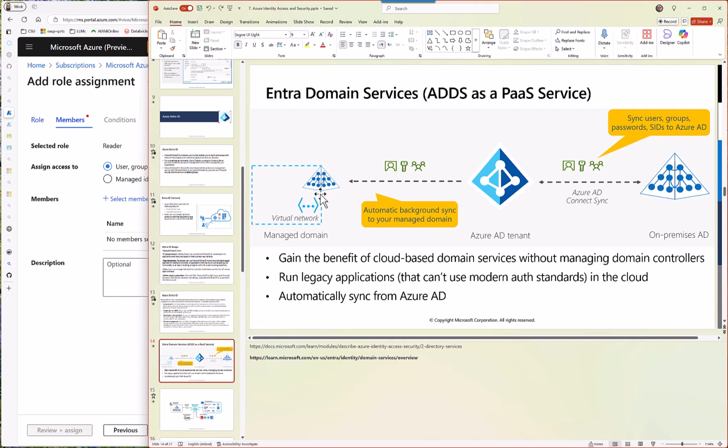So in lift and shift migrations, we create this thing so we can use those applications which cannot work with Entra ID. That's all there is, okay? This is ADDS as a service. And the idea is, how you get the information, which is users, groups and passwords, is you first synchronize through AD Connect, and this one is internally bound. When you create this one, it asks which tenant you want to bind to, you give this tenant and it automatically synchronizes. And it's one-way synchronization.